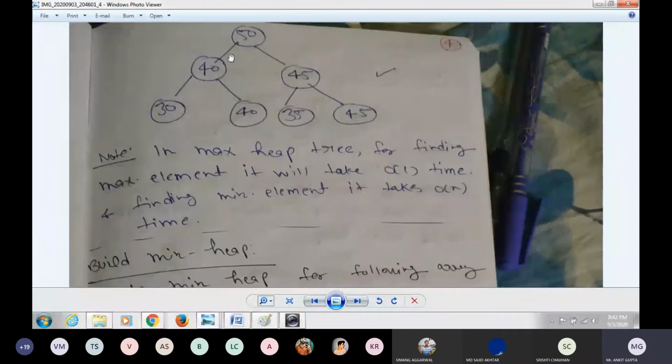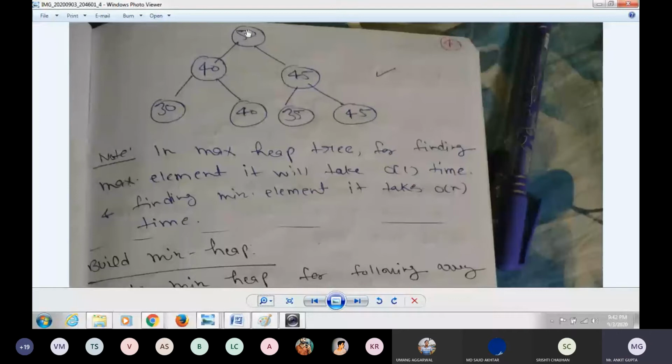So 50, and then it is a complete binary tree. Yes. 50, 40, 45, 30, 40, 35, 45. Is it a max heap tree or not? Because at every node you have to compare with the children. 50, 40, 45, 30, 40, 35, 45.